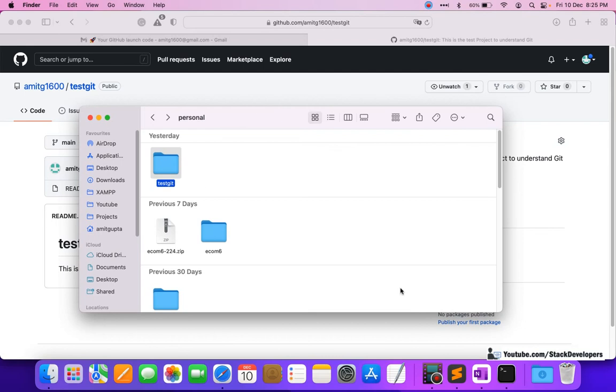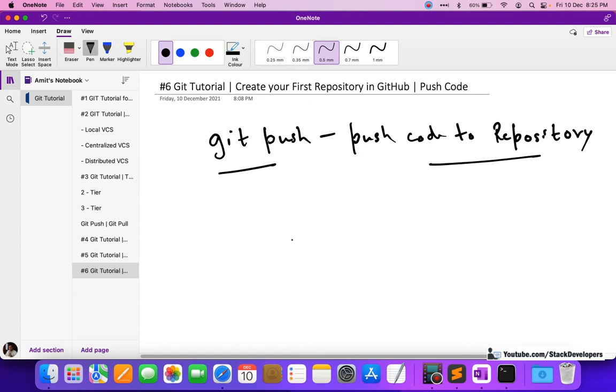So remember this command. I am going to write this command here as well. You can only push your code to your repository if you add your project as an origin. So simply understand why you are doing this.